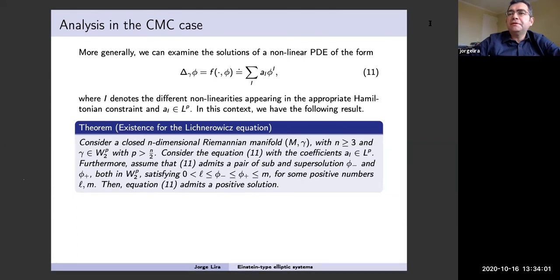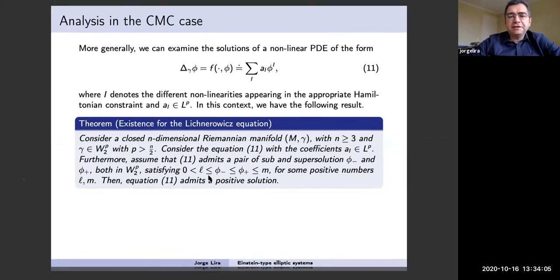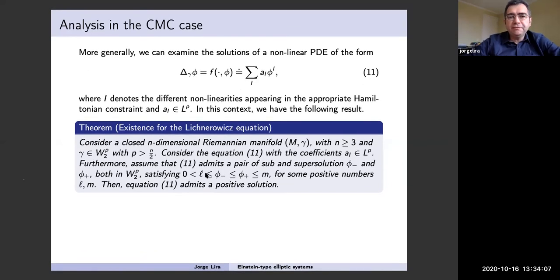So you have that equation, that theorem, which is general. It concerns that sort of equation written imposing this condition on the behavior of the metric. This kind of equations has solutions if you can